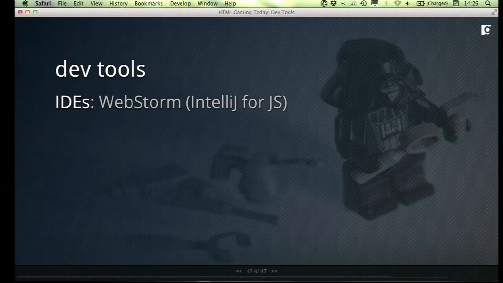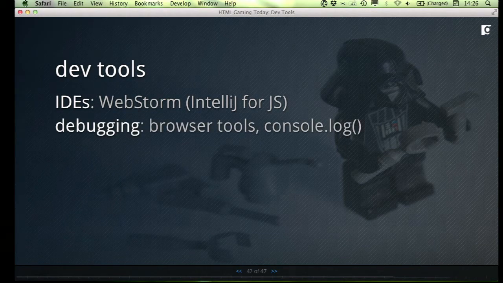It's by JetBrains, the same guys who do IntelliJ, so it has things like code complete and as-you-type error detection and things like that, which makes working with JavaScript, particularly on larger projects, a lot easier. We have pretty good debugging tools in all the browsers, and it continues to get more robust. At the end of the day, a lot of my debugging sadly winds up back in console.log, especially in a game where you have so many objects, it's hard to track the flow of logic sometimes using a stack trace.